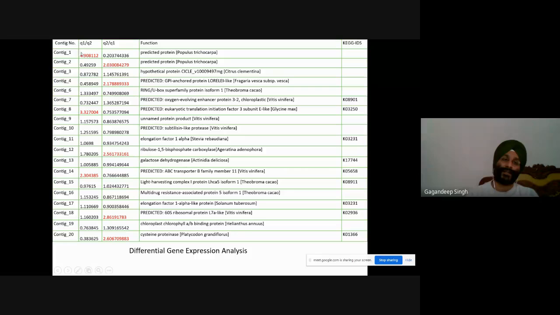If in one condition they are 4, in the other condition reads are 8, it is 2 times expressing, 4 by 8 is 1 by 2, or 8 by 4 for the next condition. That is 2 times expressing, or it is basically a fold. From one condition versus the second condition, how many times this particular gene is expressing.